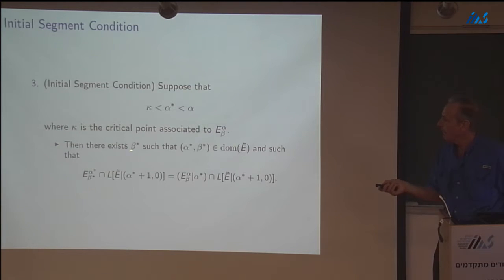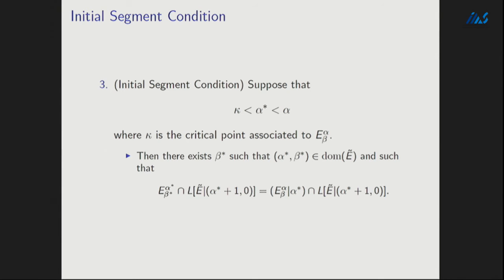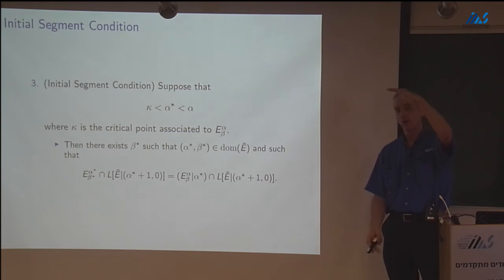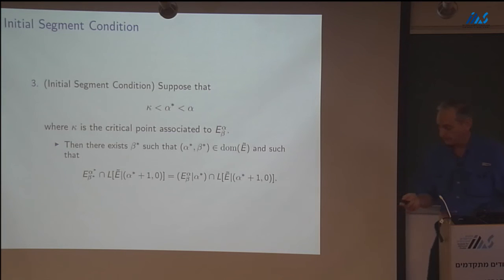Then there has to be a beta star such that alpha star beta star is already in the domain and such that you have agreement. So what this extender is doing is blocking putting E alpha beta restricted to alpha star on the sequence. You couldn't have put it on. Okay, so that's another way coding could have been inserted into the sequence. You could repeat stuff, or you could put a long extender on that you should have been able to put an initial segment on. And how you skip codes information.